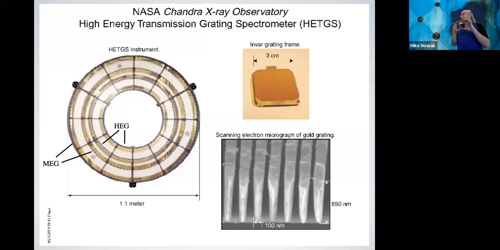This was a going away gift for me when I left. Each one of these facets cost about $20,000 back in the day, and there were 400 of them. Of course, if you made 400 or 500, it was going to be the same amount of money. It was really the technology to develop that. So I'm going to pass that around. Feel free to look at that. You're looking at a $20,000 artifact from when Chandra was launched 20 years ago.